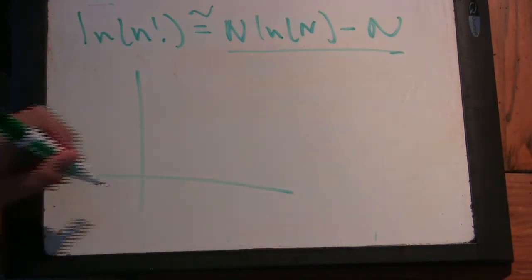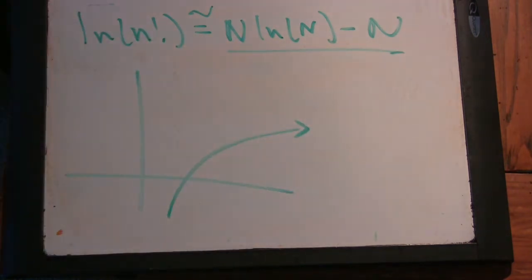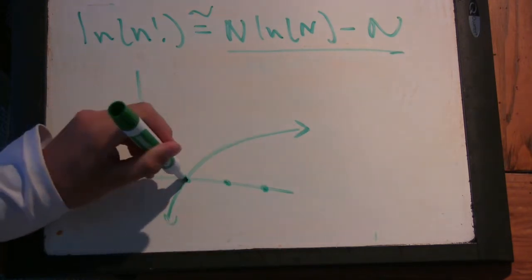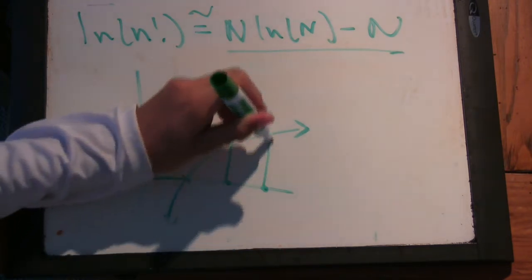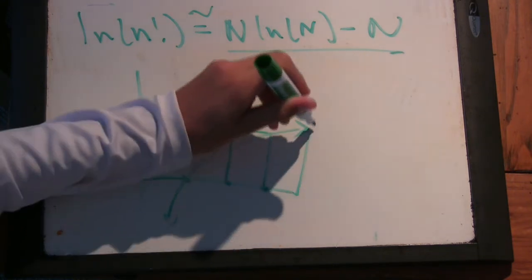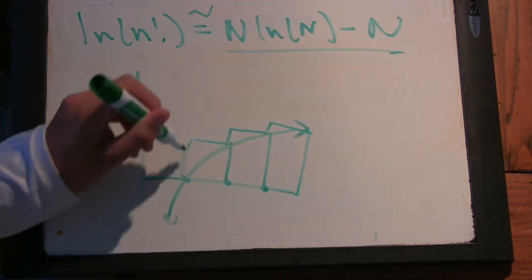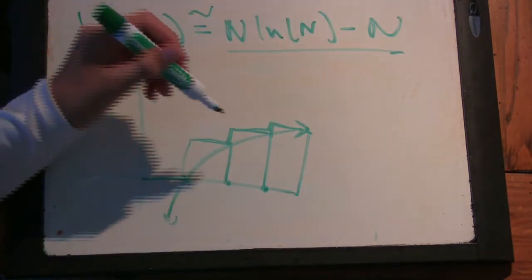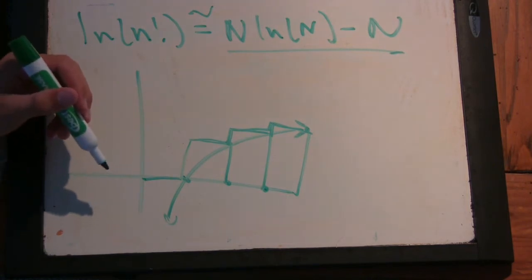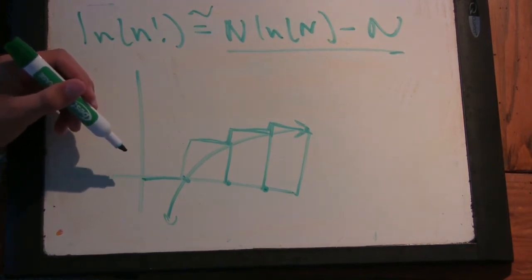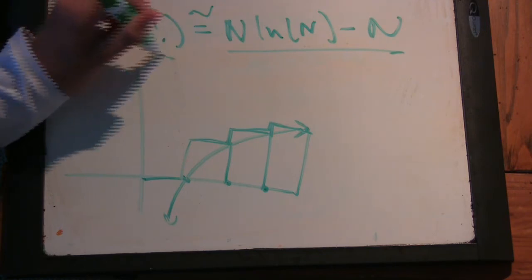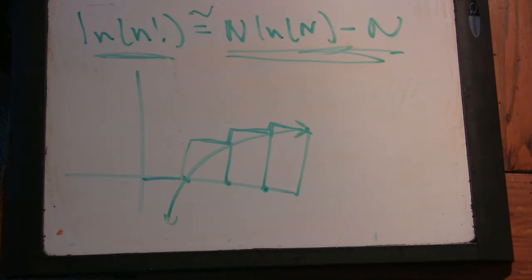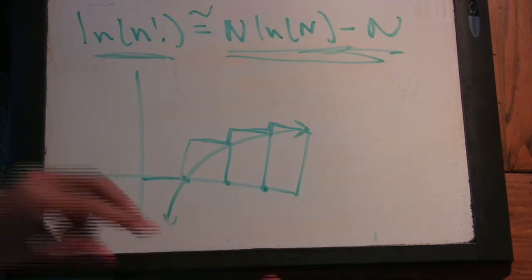So we have ln n looking something like this, and then we've got 1. These are all length 1. You can see we're just summing up rectangles, and then as ln n gets bigger, it gets more and more flat, so the rectangles are going to be a better and better approximation for how it actually looks. So as we get bigger and bigger, this is a better and better approximation for this. Yeah, that's actually a very nice hand-waving